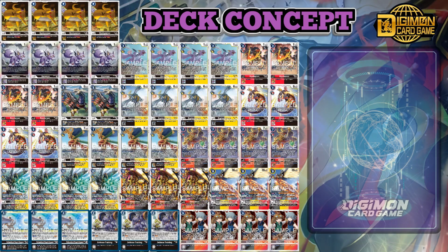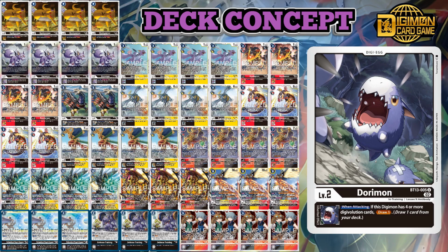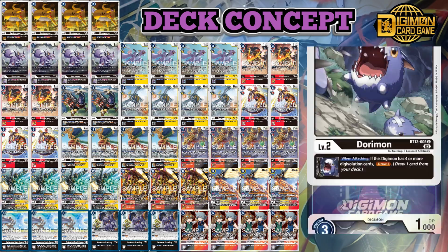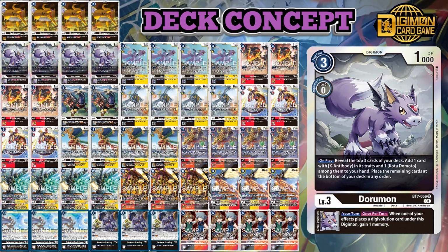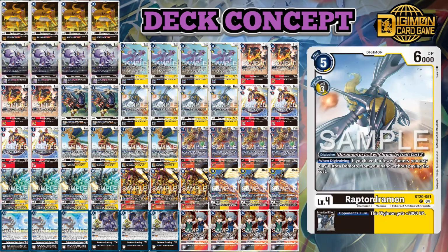And in looking at all the black X Antibody level 2s, the best egg went to Kyokyomon from BT20. Card draw for Dorumon doesn't seem likely, especially if you need 4 or more sources, especially if you're attacking to Digivolve up. But that ultimately is where the pitfall is at the very beginning. Aside from the level 3s discussed in this video, you'll never utilize the Dorumon's effect that gains a memory when you tuck. And while you could run the Ryudamon, I think the Dorumon is better because the Raptordramon is such